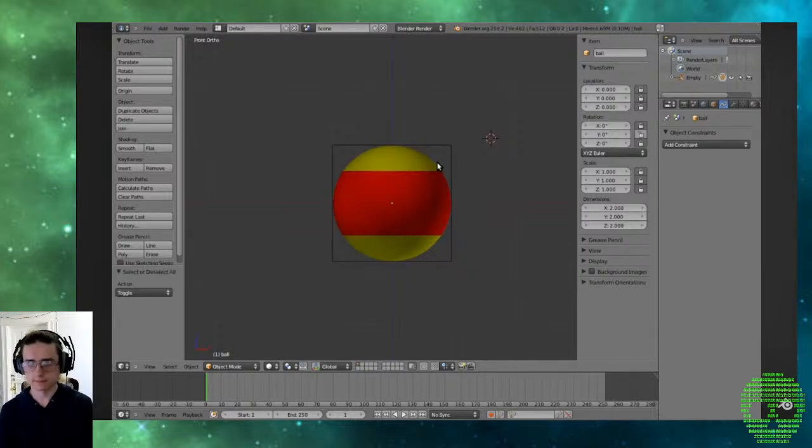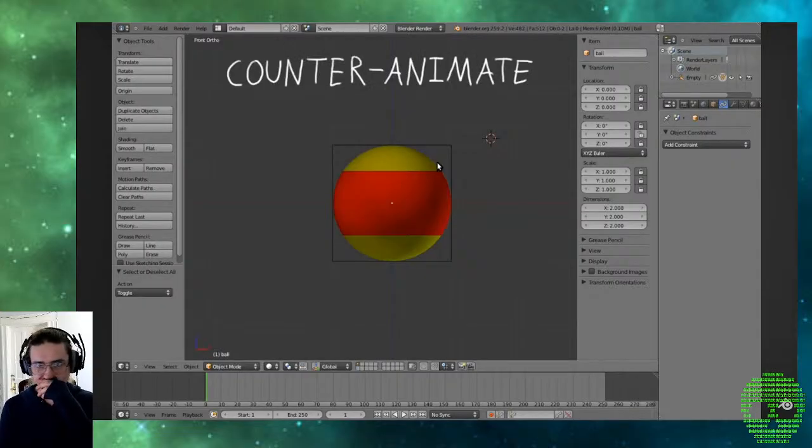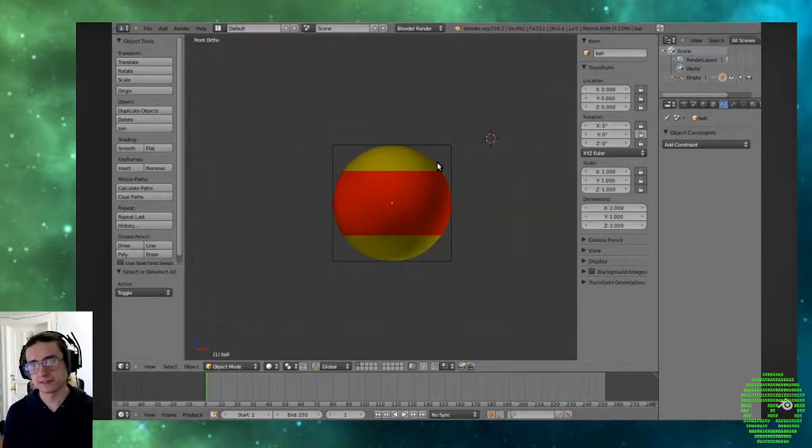However, there is still one last thing that can be improved, and that is to remove the need for the animator to counter-animate. Wait, what? What do I mean by counter-animate? Okay, so counter-animation is an issue that comes up in a lot of parent-child rig setups. In this case, if the animator wants the ball's spin to remain stationary, but still wants to change the direction